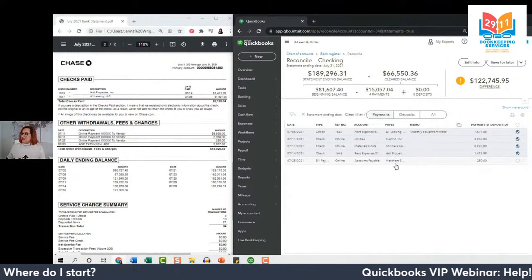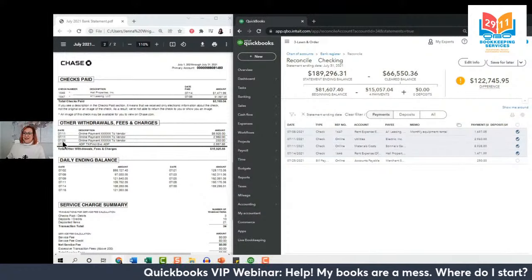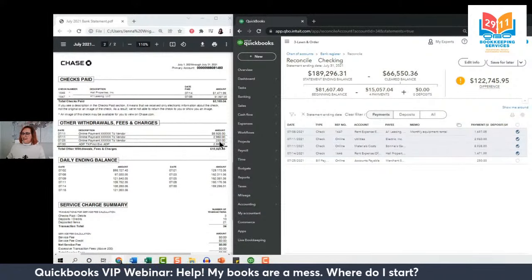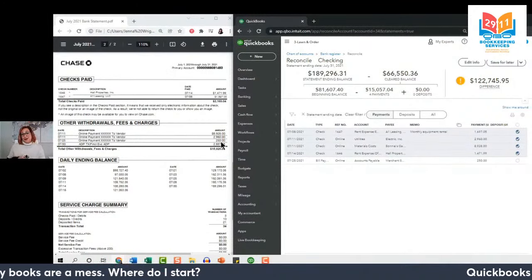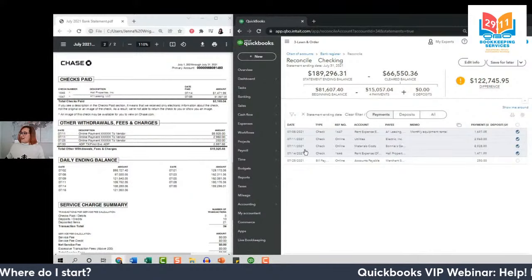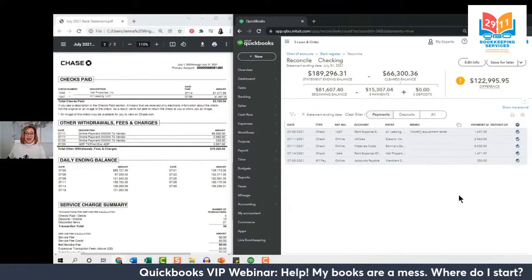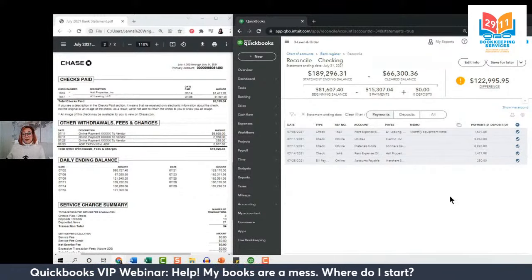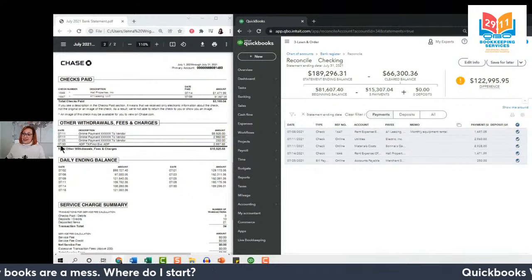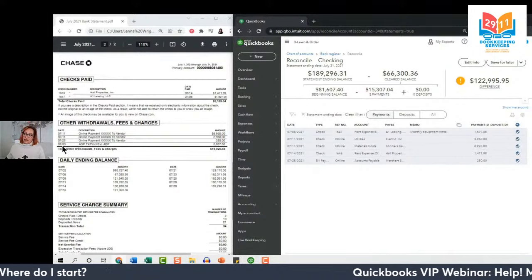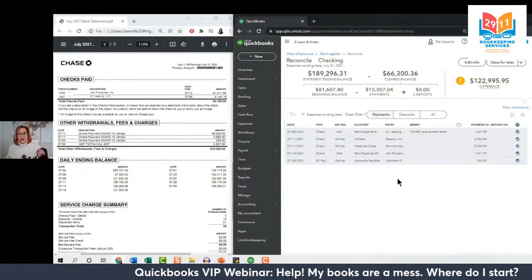And last but not least, here we've got a transaction, 730-288. Oh, wait, we've got two more. 725, $250. See how easy it is to potentially make a mistake, so be sure you're being really slow and thorough. I've got 725 here, $250. That is the same. But why that threw me off is because I assumed it was the last transaction, but it actually wasn't. Our last transaction, according to our statement, is an ADP transaction from the 30th in this amount. And that's not here. That's not here in QuickBooks.